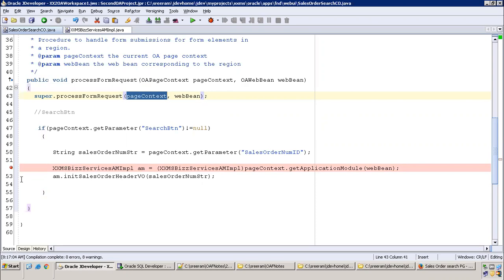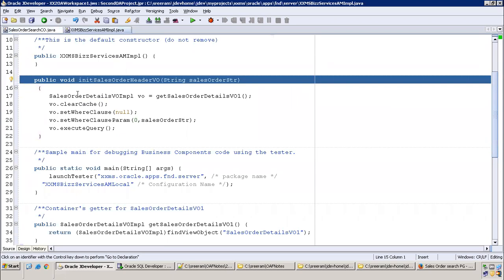Once I get the instance of AM, I can get the instance of the VOs, because when your particular AM is created, it will automatically assign an instance to each and every VO object. Even though it is not executed, it will assign a little bit of memory allocation for each of the VO instances. So that is why I'm calling my method from the CO, and then I'm getting the instance of the VO here. I'm not creating any new object of the VO. I'm getting the instance of the VO, because whenever your AM is instantiated, automatically all the VO objects will be instantiated, even though the execution will not happen for those particular queries of the VO.